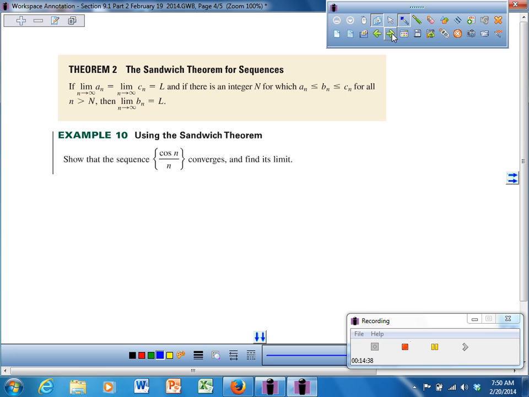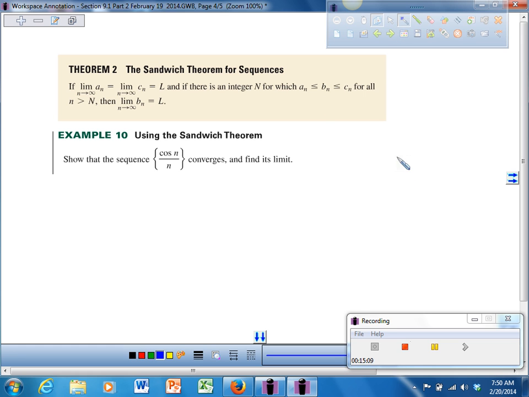Okay. So, example 10, you may have seen earlier in the year with limits. It is the sandwich theorem, or the squeeze theorem, you'll see it called sometimes. And it is actually pretty well used when dealing with limits. Not always the easiest theorem to use, but it's nice for you to have seen it. So let's see. Basically what the sandwich theorem says